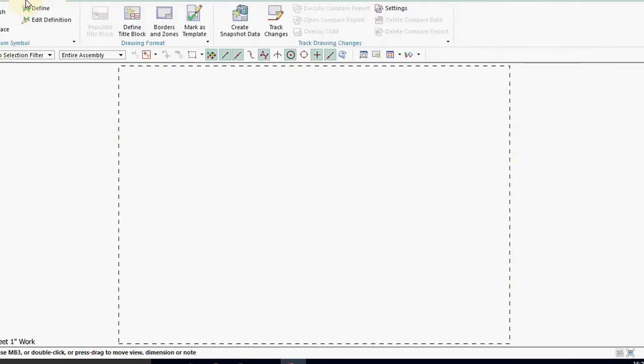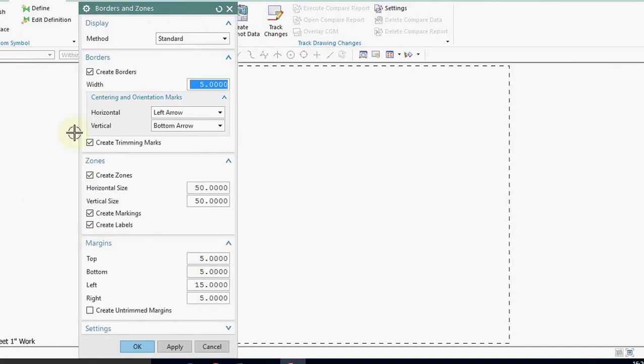Now if you want to create your template, first you have to go to drafting tools and place some borders and title blocks. So here I am starting with a border. All the parameters are there, which you can set. I am changing left side margin to 5 because I want equal margin from all sides.